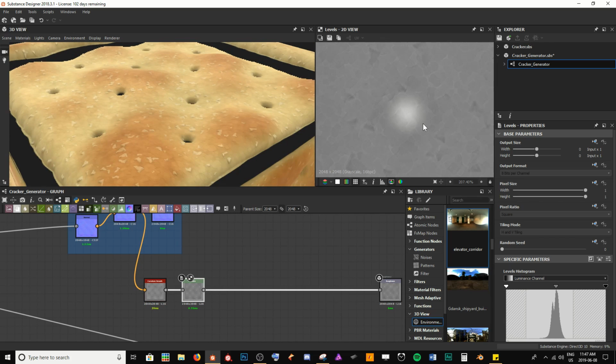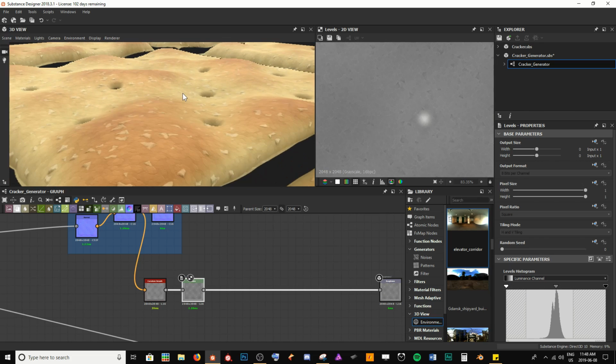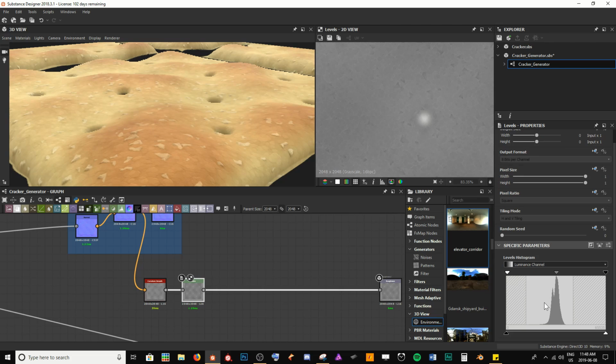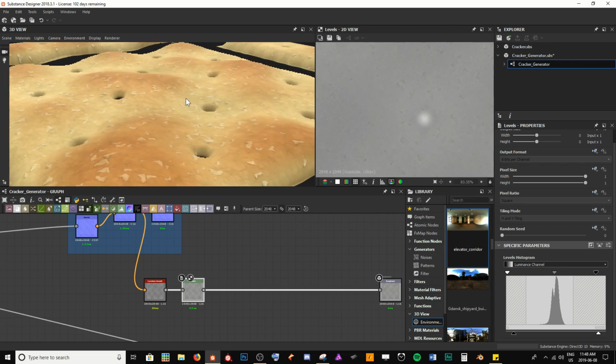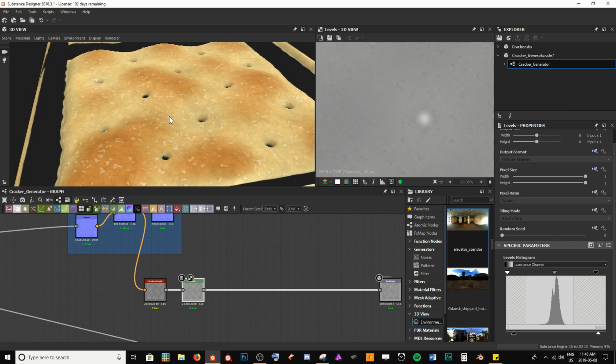And so as I play around with this, you can see that as I increase the roughness, I'm going to get less specular reflections here. I want to make sure that we don't ever have a pure white and a pure black. Maybe crunch the blacks in just a little bit. But overall, I'm just focusing on the surface information for the cracker itself,